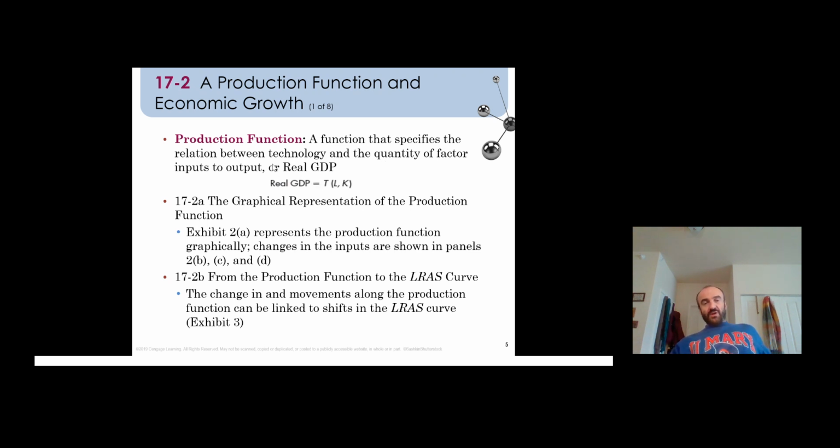a simple mathematical function depicting the relationship between real GDP on the one hand and factors that can influence GDP, such as L, labor, K, capital, and T, which would be the technological coefficient, which means how efficient. In other words, the more labor you use, the more you're going to produce. Of course, if you have 2 million workers, you're going to produce more than if you use 1 million people. Or K,